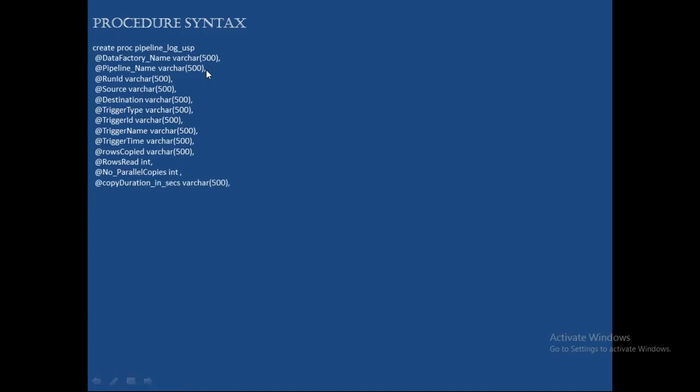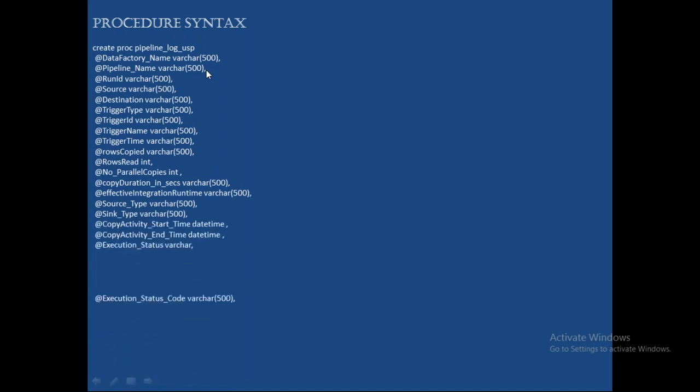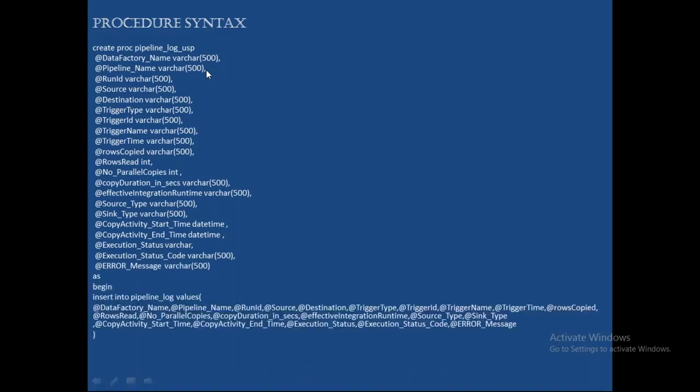Copy duration in seconds, right? So the time it has taken in seconds. IR used. Source type is SQL database. Sink type is blob storage. Copy activity start time, copy activity end time. Status, whether it is succeeded or failed. Status code, it can be 200 or any other thing. Okay, error message. So all these parameters I'm taking as begin, and I'm going to use this insert query,